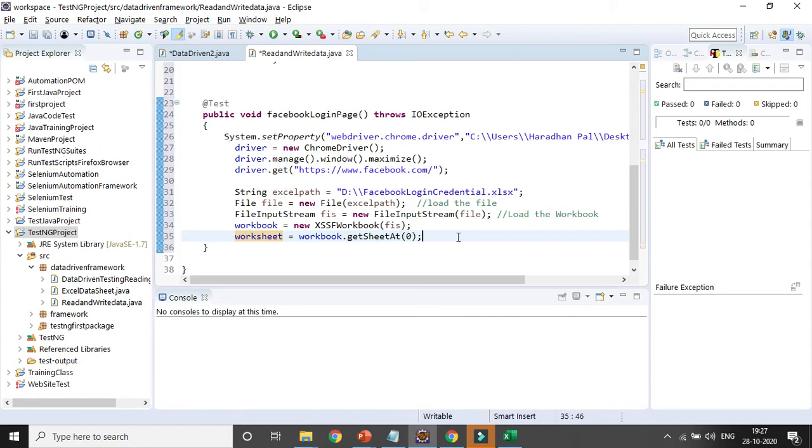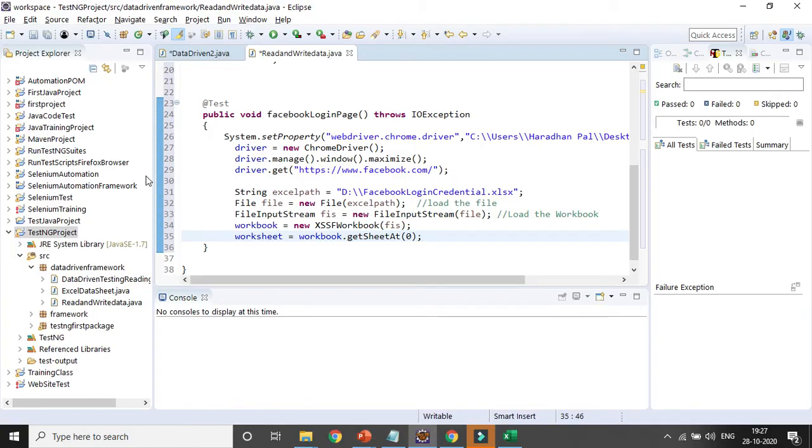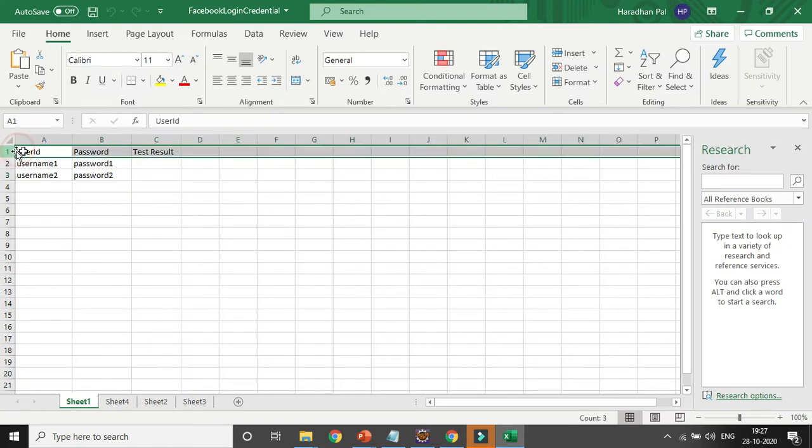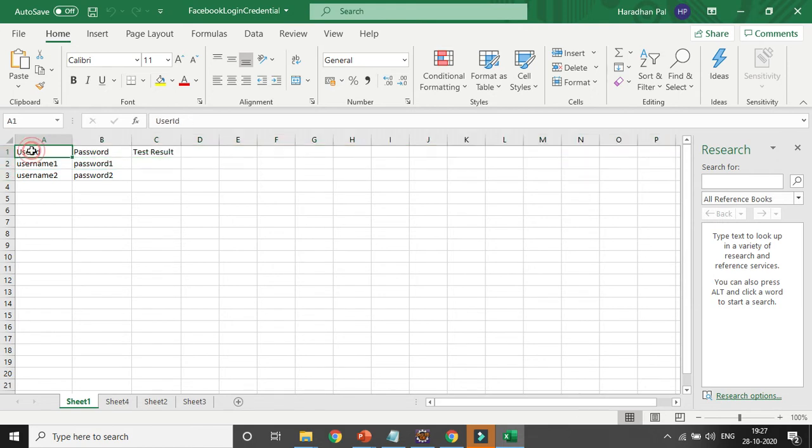Now I want to read all the cells one by one, so here I need to use a for loop. Here you can see the first row is row 0, then row 1 and row 2. In row 0 I don't want to read, because there is no data, only the header.